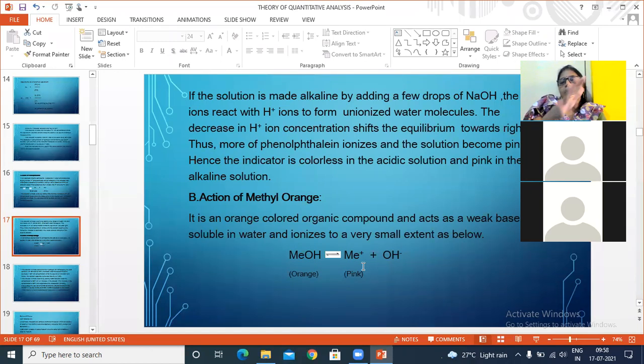So the methyl orange indicator does not undergo dissociation. The OH minus concentration is already high, so indirectly it simply stops the ionization of methyl orange. The backward reaction is favored, or the equilibrium shifts towards the left side. Left side means the methyl orange indicator does not undergo ionization. So the color of methyl orange in unionized form is the color we can expect in the basic medium. That is what we have to see here.